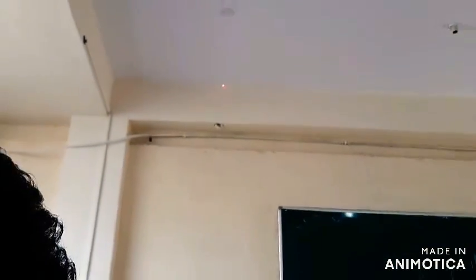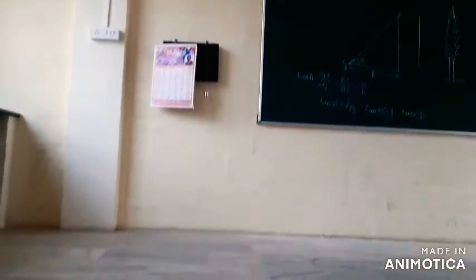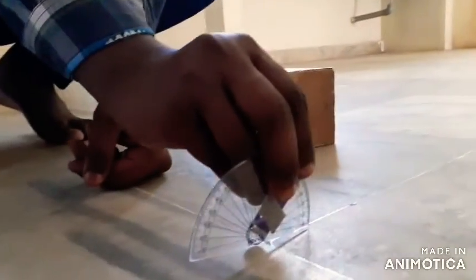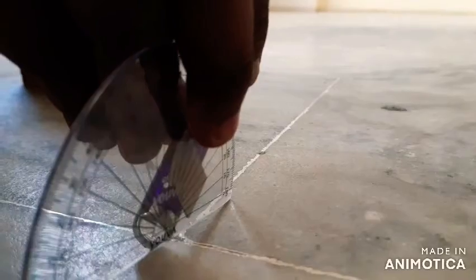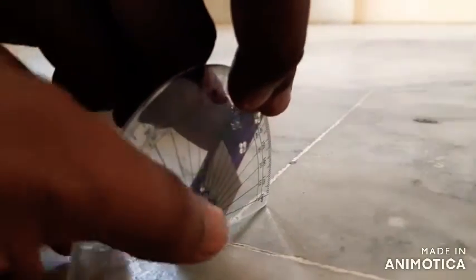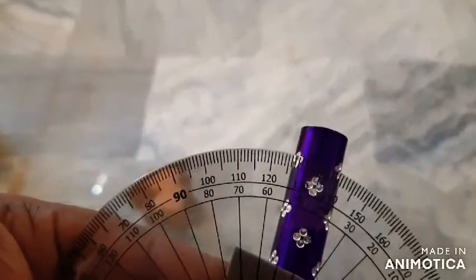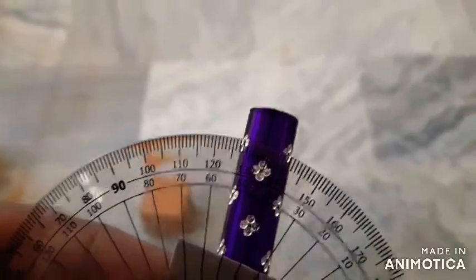So, dear students, as you can see there on the top of the wall, you can observe the laser pointer reached, and that's the top of the wall. And now, where is the laser? The laser is here, right? So, this is the laser which is actually giving us the light there on the top of the wall. Now, let us see what is the reading or what is the angle made by the laser light with the ground. Okay, observe carefully there. The angle is 45 degree, right?